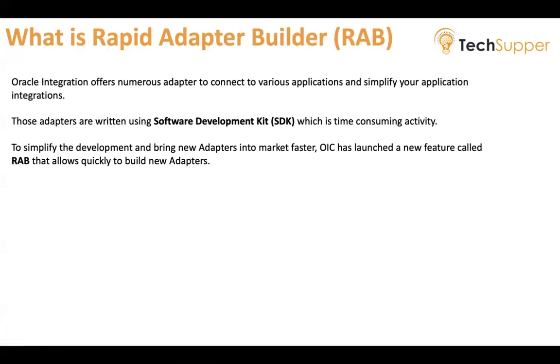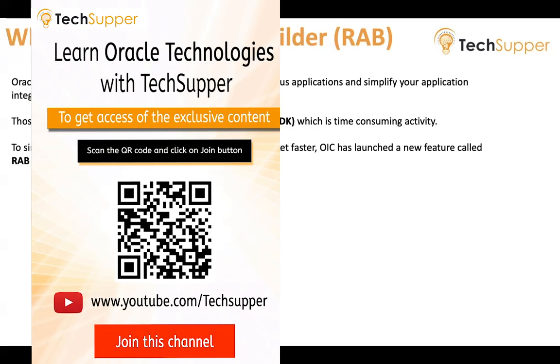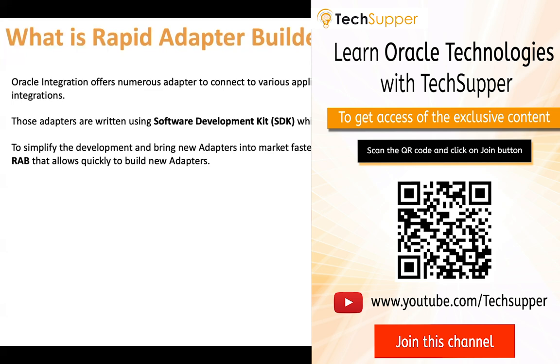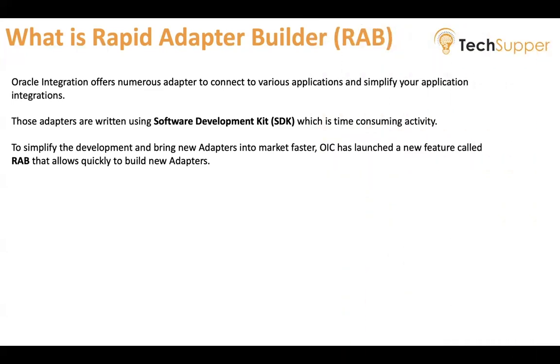To simplify the development process and bring new adapters to market at a faster pace, Oracle has launched a new feature called RAB, Rapid Adapter Builder, which allows you to quickly build new adapters. And Oracle is using this RAB to build their adapters now. That's the reason Oracle is launching so many adapters at a very fast